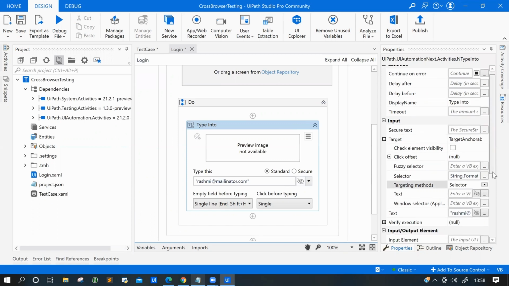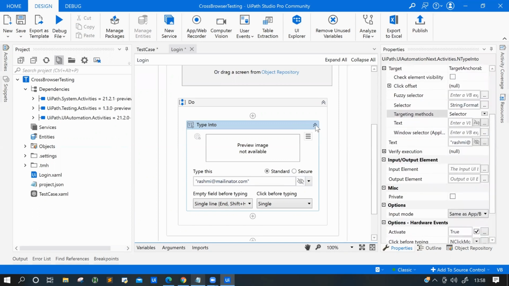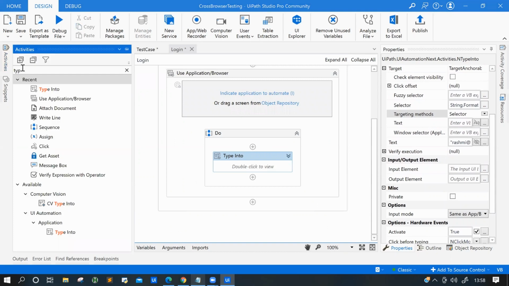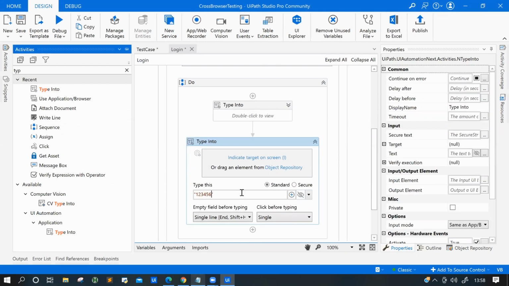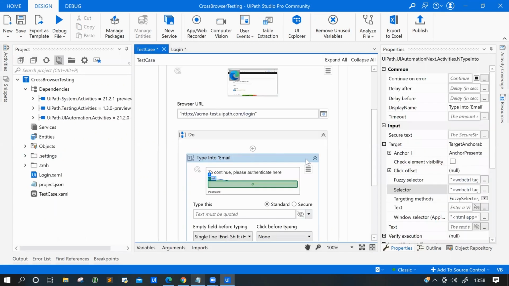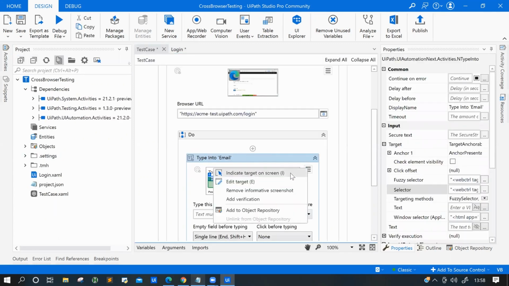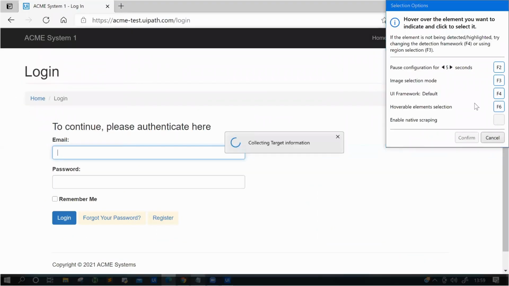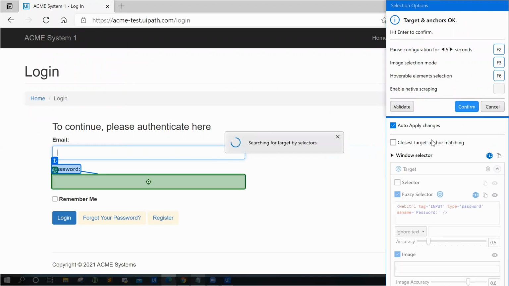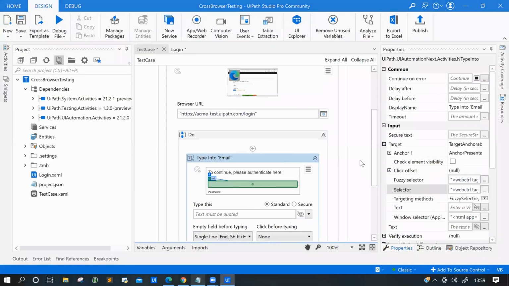Now I'm going to use the same for type into again. This time I'm going to target it with the password. Confirm, and I can just copy the selector.